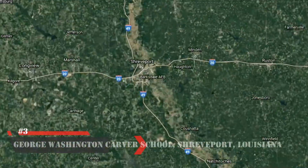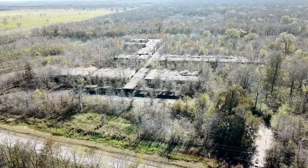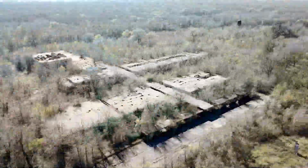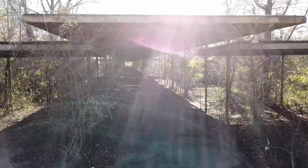Number 3. Crumbling George Washington Carver School at Shreveport, Louisiana. There aren't many abandoned places in Louisiana that are more ominous and sinister than the remains of this abandoned school. Welcome to the forgotten George Washington Carver School, also known as Satan's School, due to the dark legends and rumors